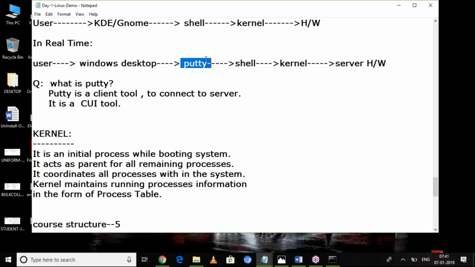If you submit the three parameters and select the connect button, then it is connecting to the Unix server or Linux server.